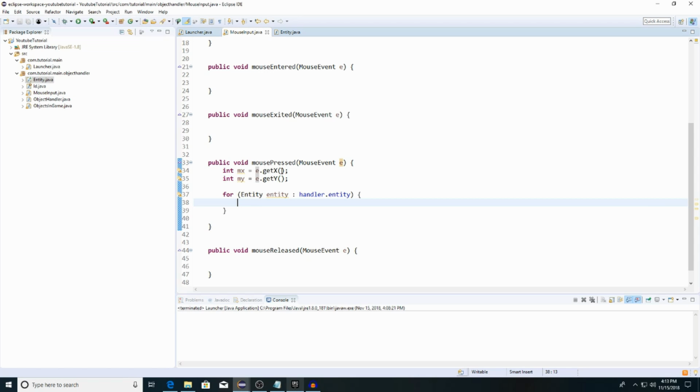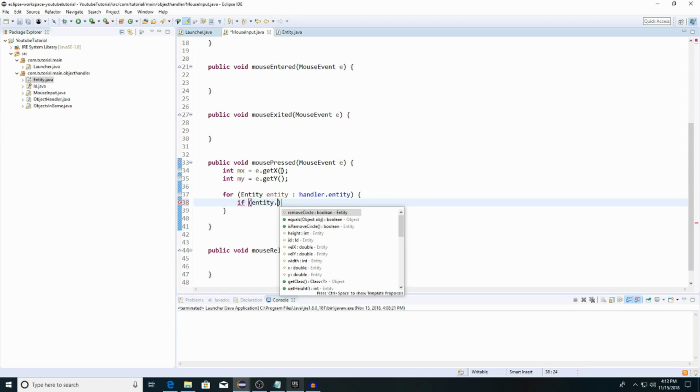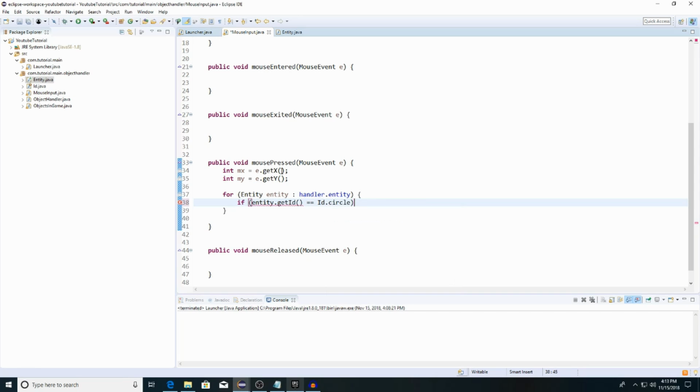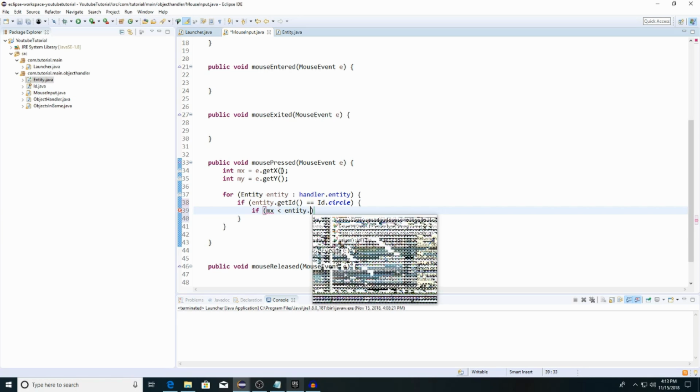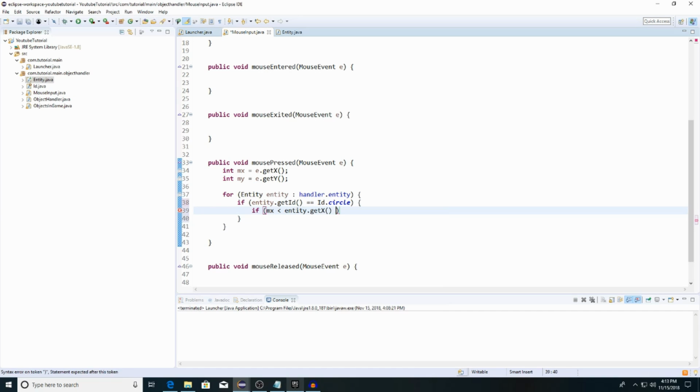So let's go ahead, do if entity.getID is equal to ID.Circle, and then if mx is greater than, is it greater than, say, no, we'll say less than entity.getX plus the entity width,